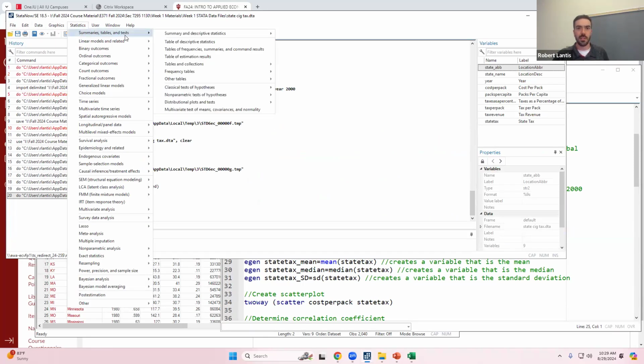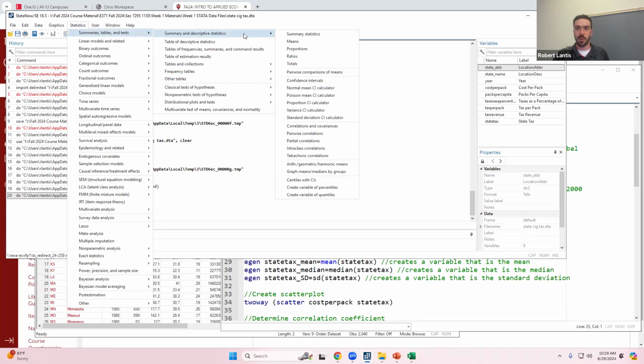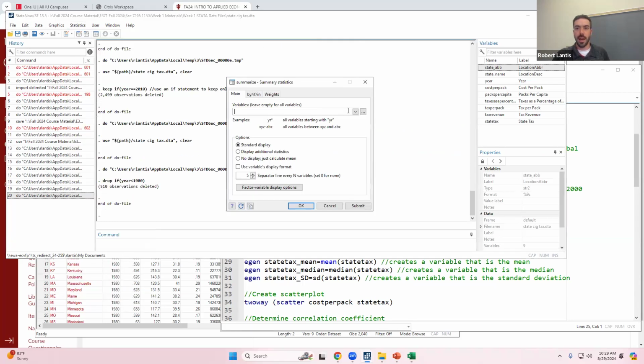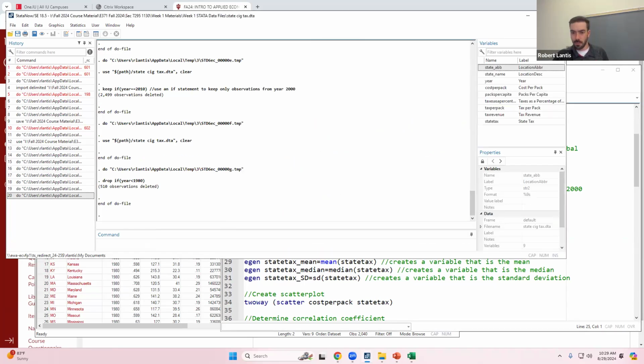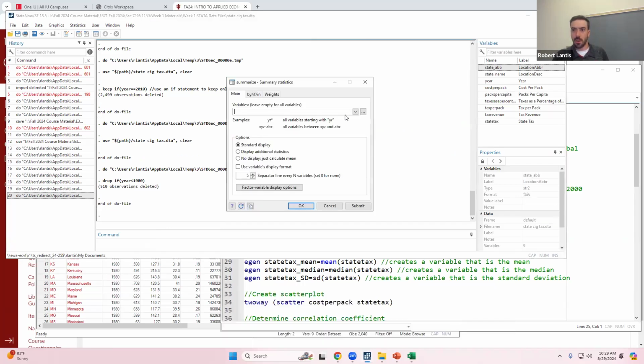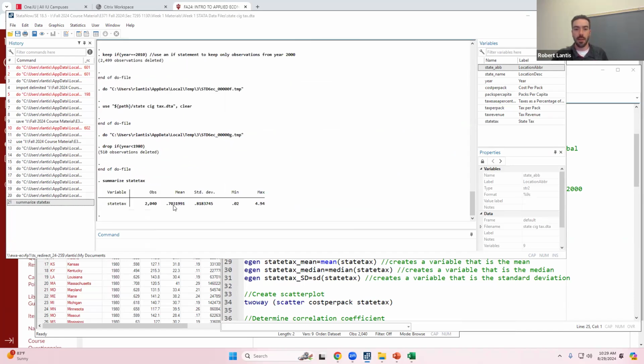Yeah, so statistics, summaries and descriptive, summary statistics. And I say, I forget what variable I had now. State tax. So I do a drop down. It gives me, okay, what variable do you want a summary of? State tax, standard display, I'm going to hit OK.